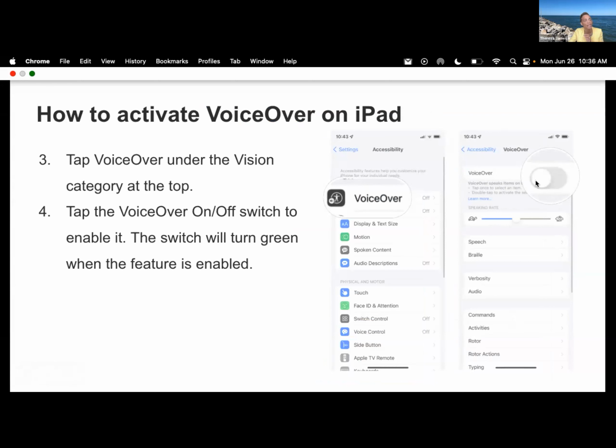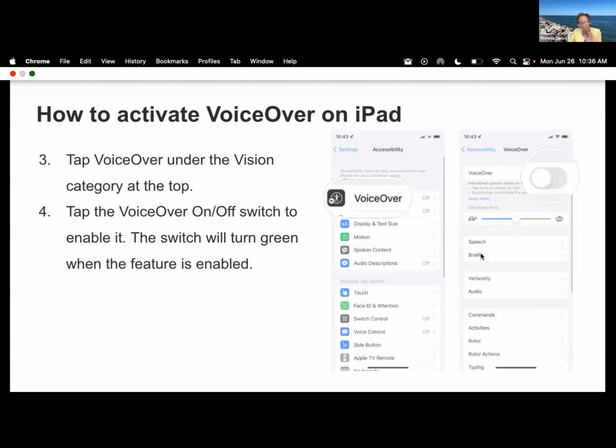This is what it should look like on your iPad. Also take note that there's a rate here, the speaking rate shown here. If you want to listen to it slower than it is right now. Right now it's shown at midpoint. You could slow it down, or if you want to go faster, you go a little faster. But this is how you decide on what rate the speaking rate should be. The speech. And then I don't know much about the Braille,